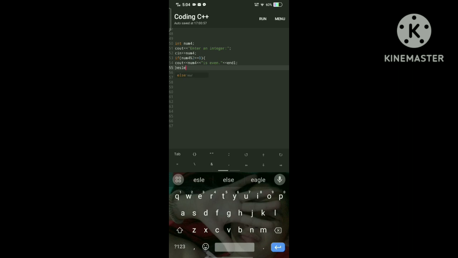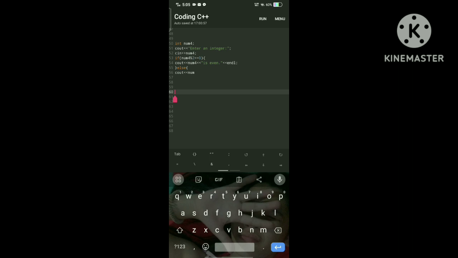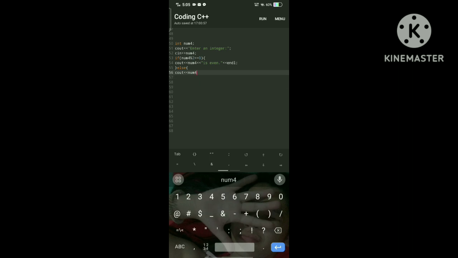Else. This is the else part of the conditional statement, if the condition in the if statement is not met. If the remainder is not 0, this block will be executed. cout << num4 << " is odd". Display the value of num4 and a message indicating that it's